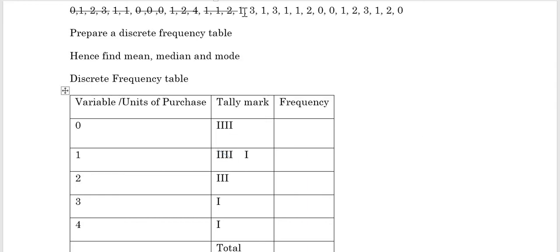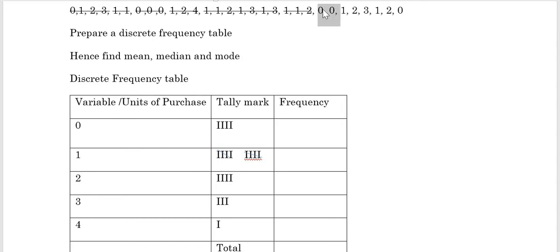Done with that, we proceed to 1, 3, 1, 3. Let's give the tally for 1, 3, 1, 3. So here is 1, then comes 3, followed by a 1 again and 3. 1, 3, 1, 3 is done. Next values are 1, 1, 2. 1 gets its fourth tally again and a fifth tally. So it goes with a cross tally. So that's the second group for 1. Then 1, 1, and then 2 gets its fourth tally.